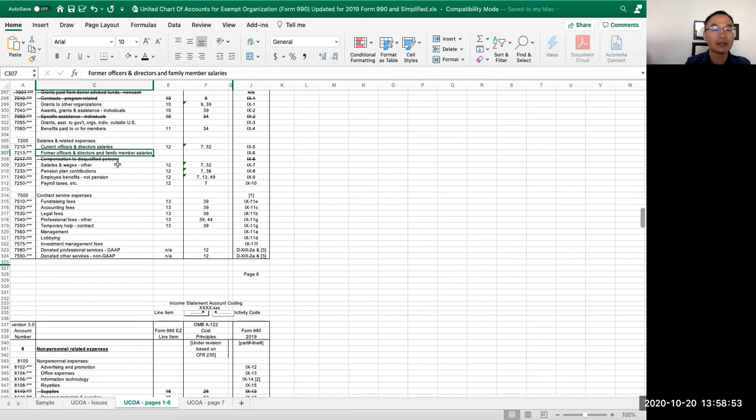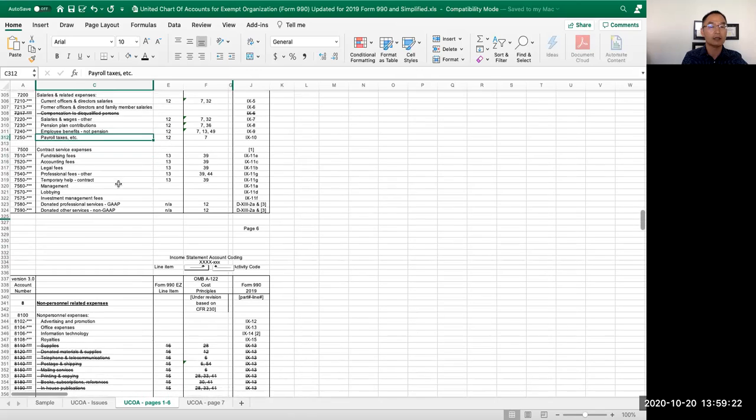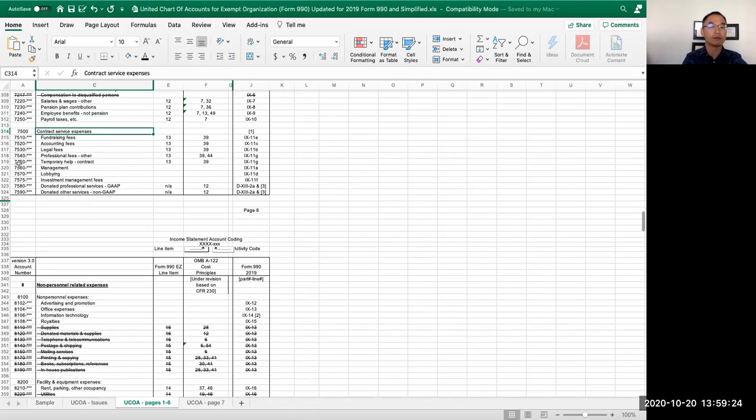I say family member because the IRS requires us to report a disqualified person. Disqualified person means people who are related, who are former directors, or who are family members who can influence the organization significantly. So these are the group of people. And then salaries and wages, others, and then pension plan contribution, employee benefit, payroll tax. Okay, and then contract services. So that we listed out according to all the line items on the